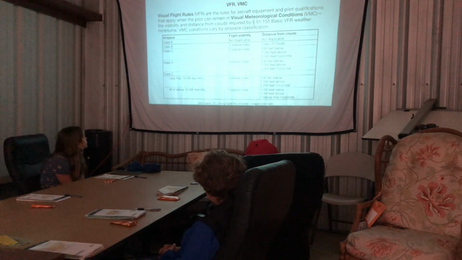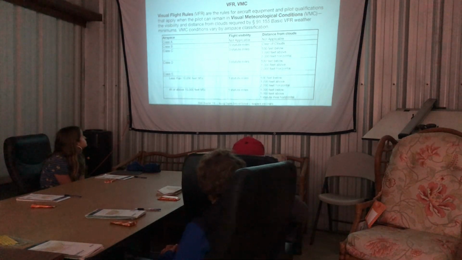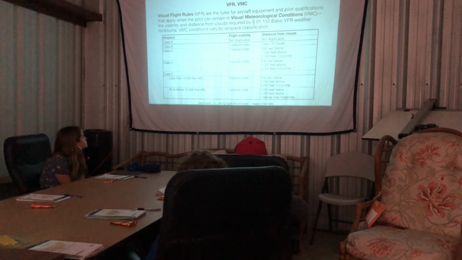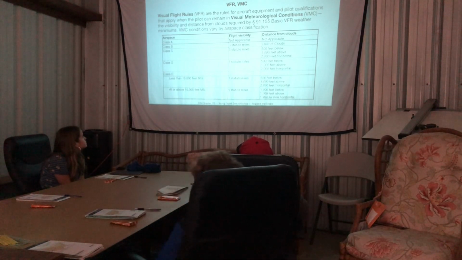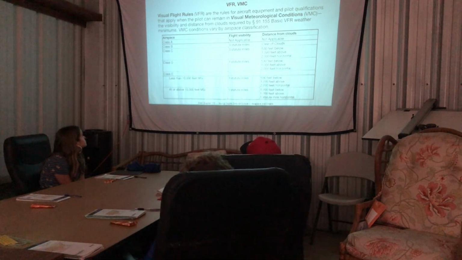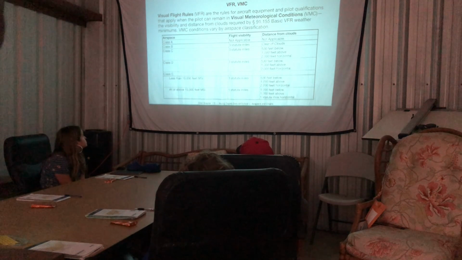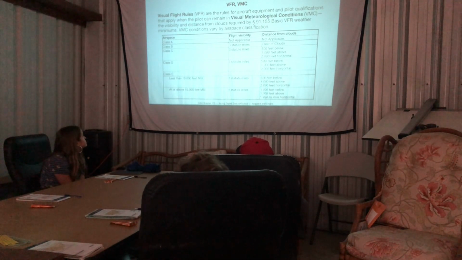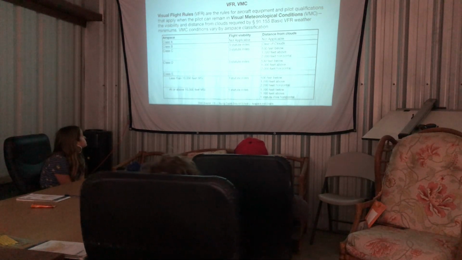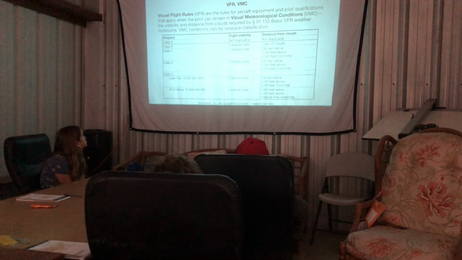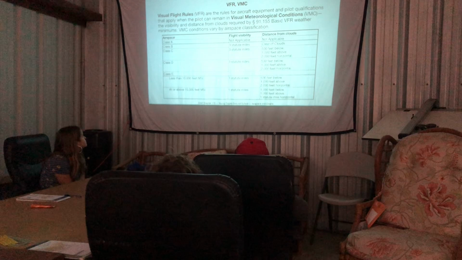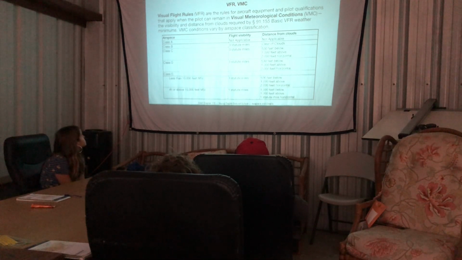Okay. And then this is a little confusing sometimes, but there's visual flight rules and visual meteorological conditions. And the two are kind of connected, and we oftentimes say, okay, it's VFR. That means that, okay, it's nice and sunny, but what we really mean is we've got visual meteorological conditions. Okay? And so that's why we also need to know about airspace, because the rules for how far we have to be away from clouds, how many miles we can see, change depending on